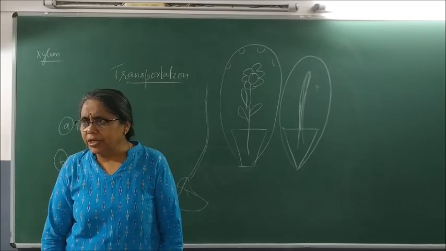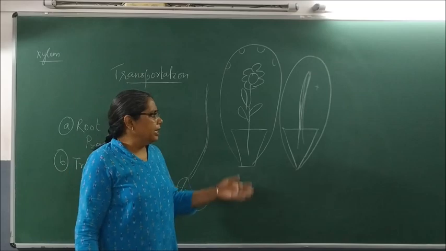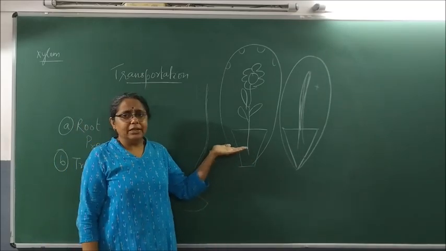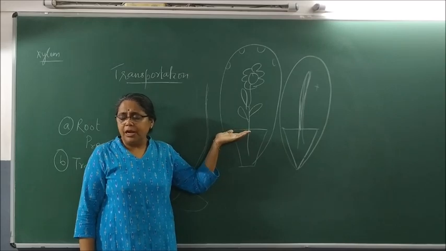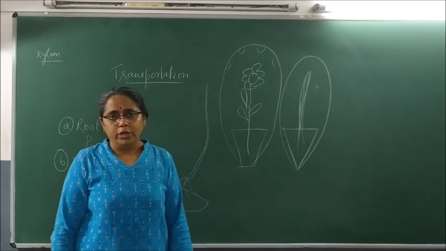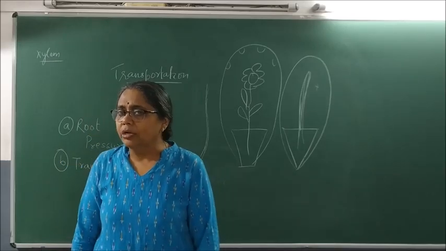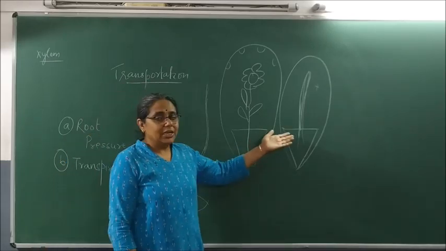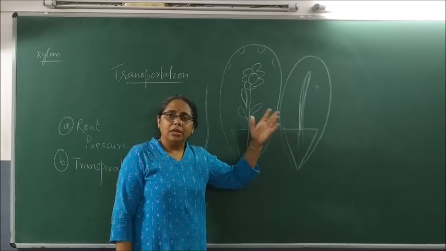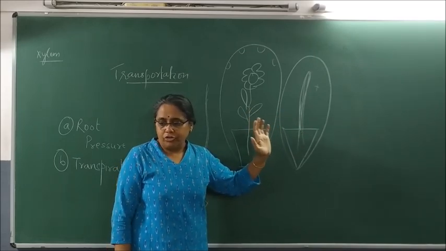Concept clear what we were telling? Whenever you take a green plant and completely cover it with a plastic sheet, you will find that the stomata of these plants open and they remove excess water in the form of water vapor. This is called transpiration. The stick, being non-living, has no stomata, so there is no process of transpiration.